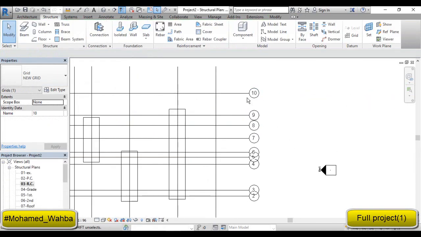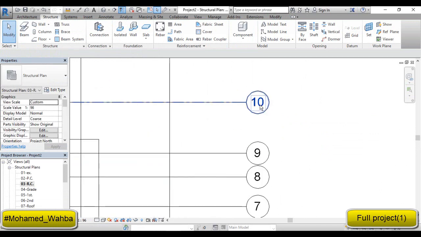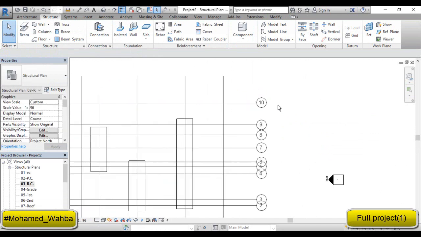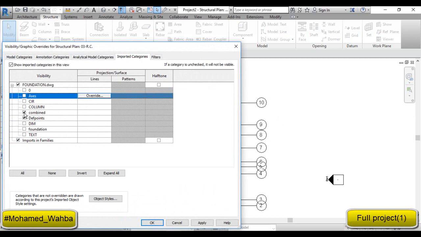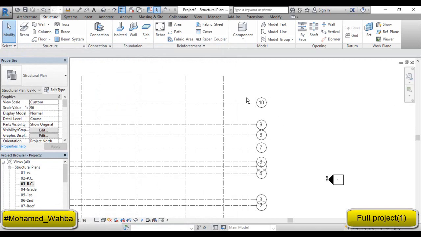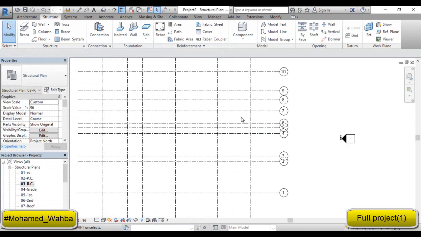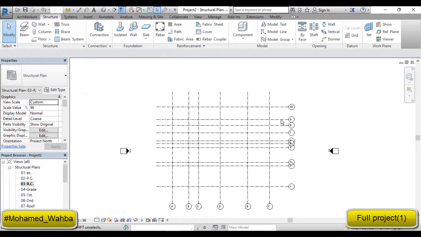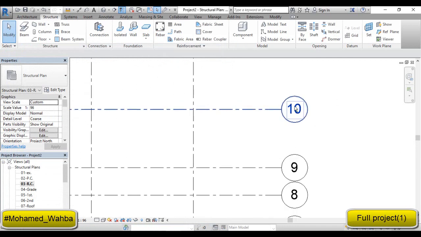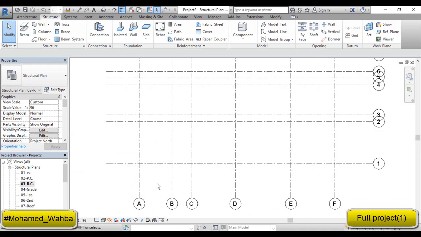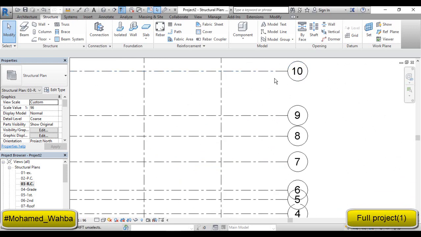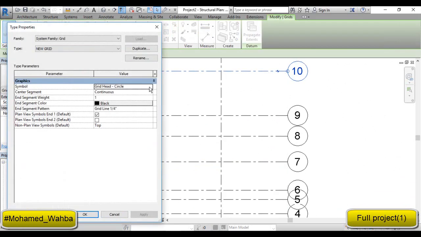If you want to change the size of the grid line, I want to firstly remove the layer of the axis to make the default axis that I made before in AutoCAD appear. I want to change the label and the style of these labels. So firstly, if you want to choose another label, you have an option here to change the labels from here, but